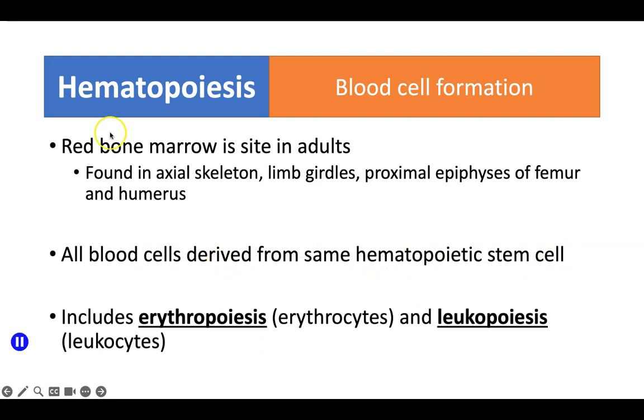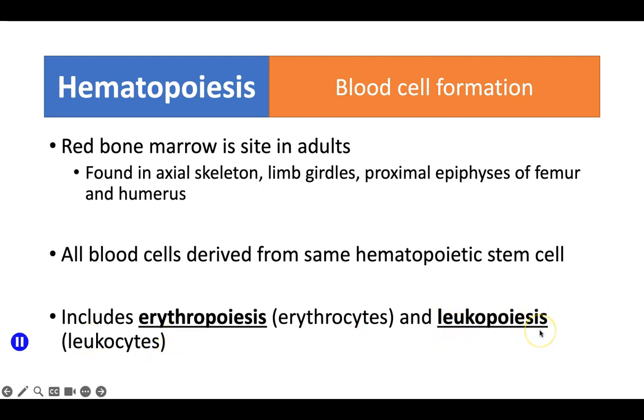This is going to include hematopoiesis, erythropoiesis, which is the formation of erythrocytes, as well as leukopoiesis, which is the formation of leukocytes. So here we have some pretty hefty vocab words that you might just want to familiarize yourself with. All of them are related to blood cell formation, which is hematopoiesis, and that includes red blood cell formation or erythrocyte formation, erythropoiesis, as well as white blood cell formation or leukocyte formation,